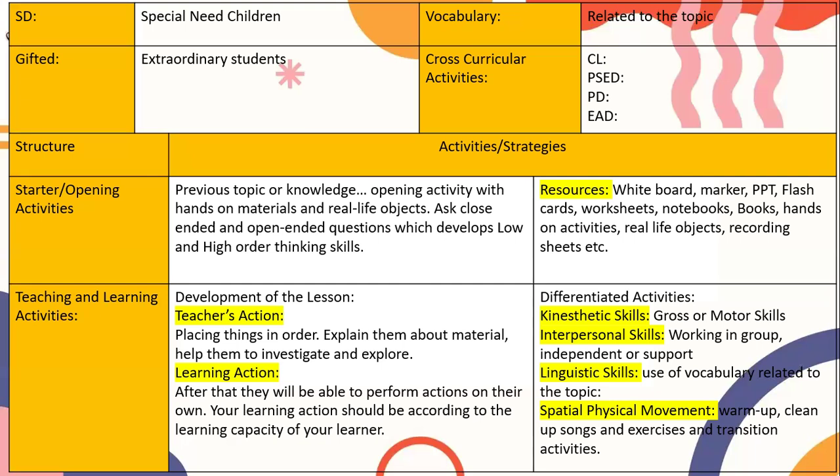You can have warm-up exercises, you can have clean-up exercises. Then there should be transition activities in the classroom. As you think that your lesson is going down, or the children are not listening enough, or they are not engaging with you in the lesson, you are going to have these special physical movements in the classroom. Take it. These things you can involve. Then comes to